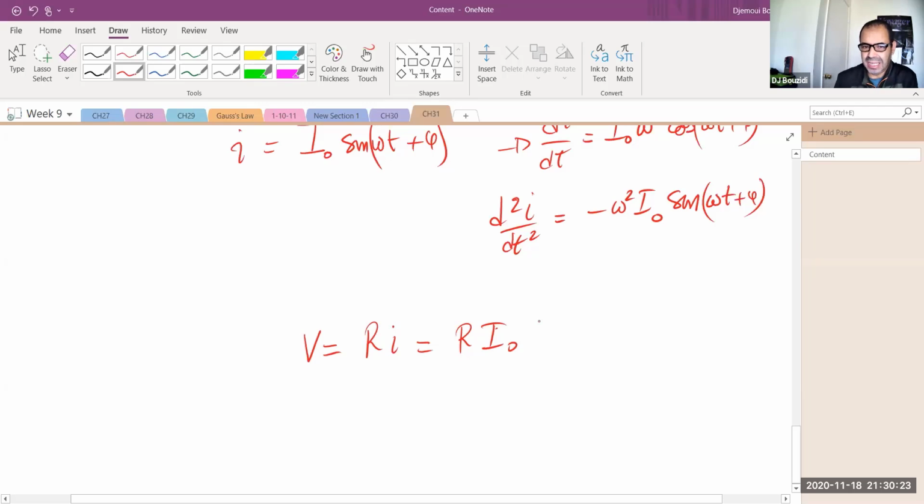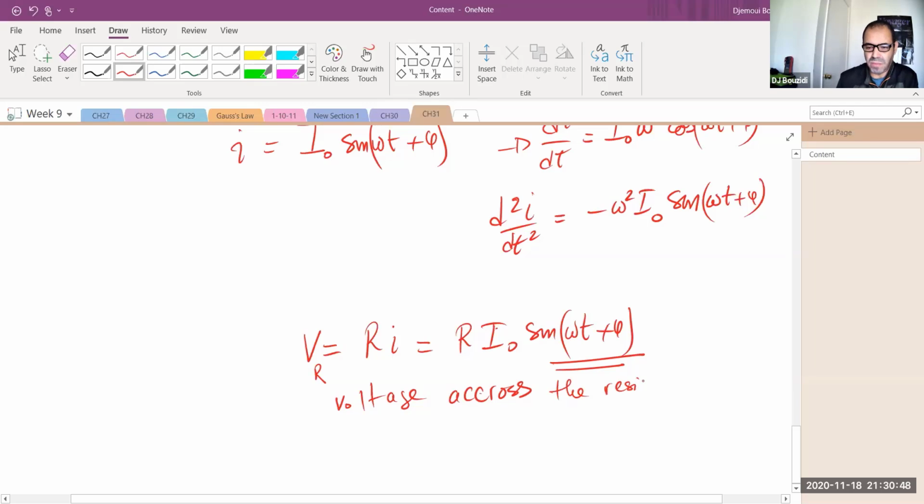It's going to stay sine of omega t plus phi, the same phase as the current. So V sub R, the voltage across the resistor,